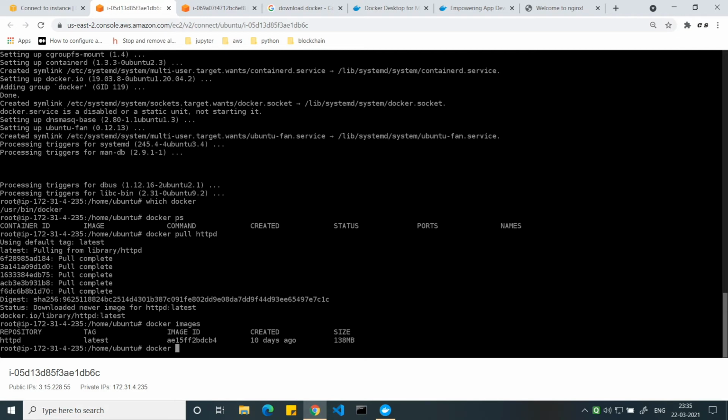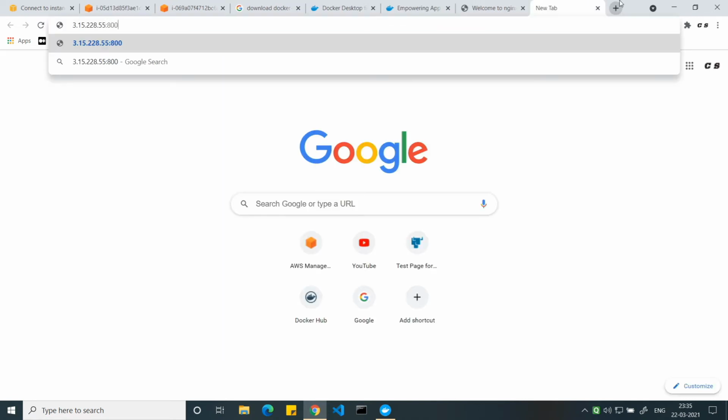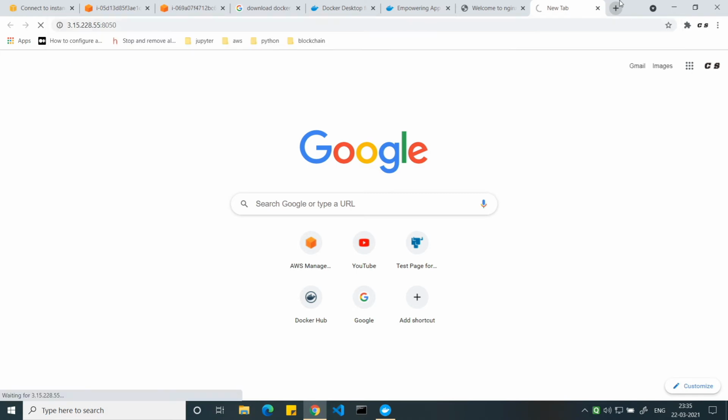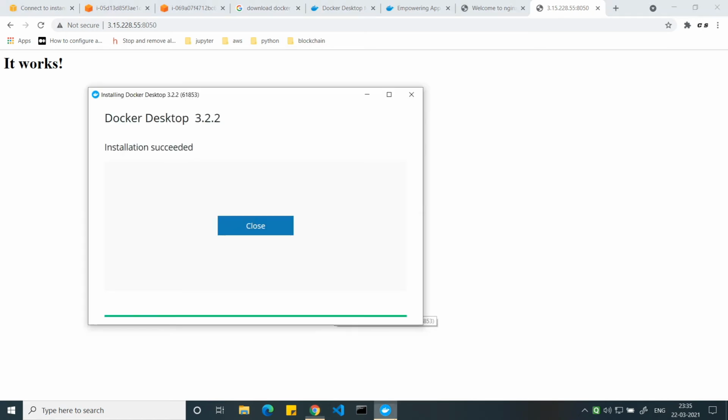Now let's run this on port 8050 to 80, and HTTPD is the image name, and the public IP here is this, 8050. If I run this, it works.